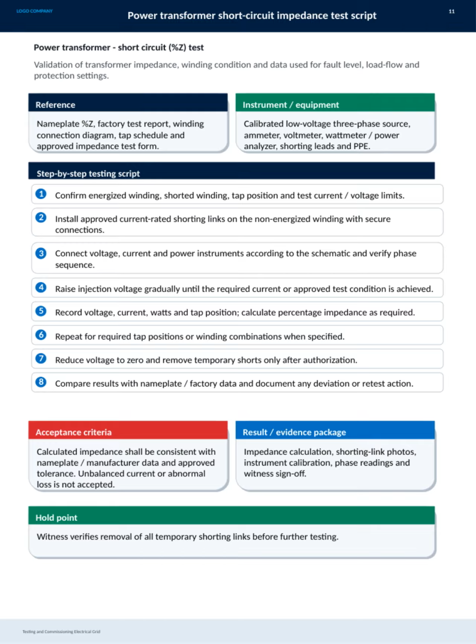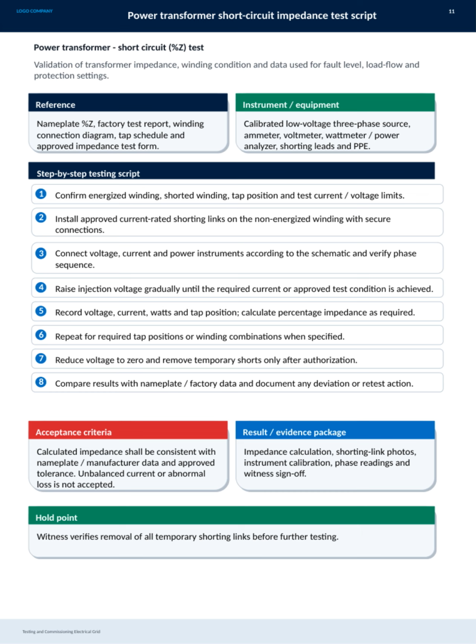This process is repeated for required tap positions or winding combinations. After testing, voltage must be reduced to zero before authorized removal of temporary shorts. Results are compared with nameplate and factory data, documenting any deviations or retesting needs. The acceptance criteria emphasize that calculated impedance must align with manufacturer data within approved tolerances, with no unbalanced current or abnormal losses allowed. Finally, the evidence package includes impedance calculations, photos of shorting links, instrument calibrations, phase readings, and a